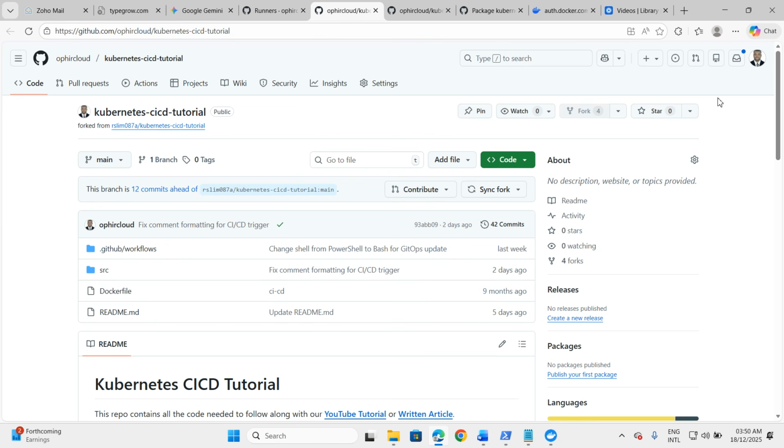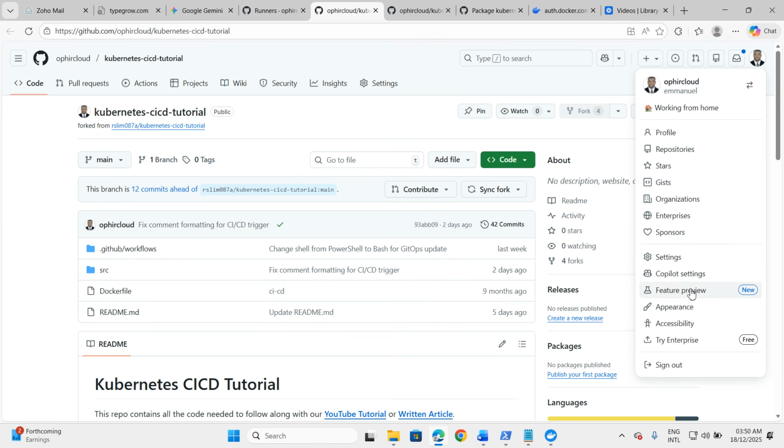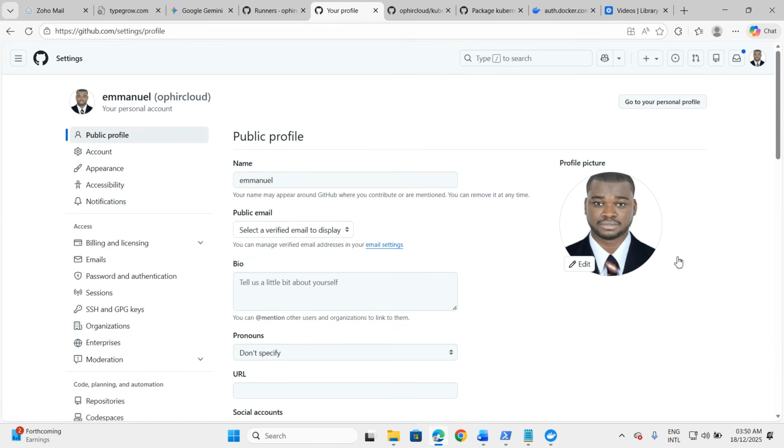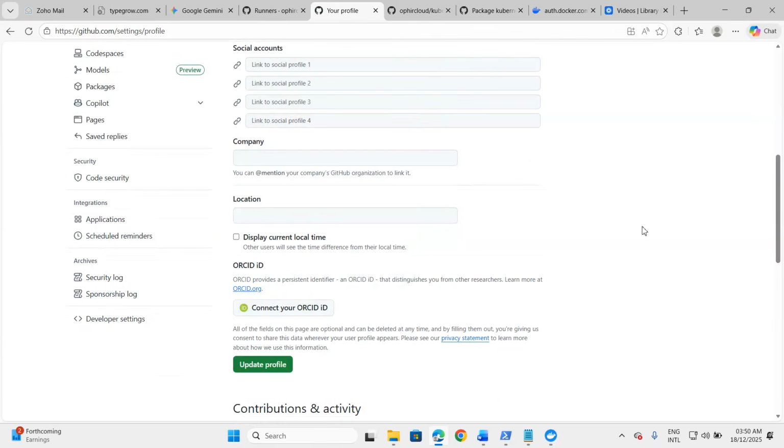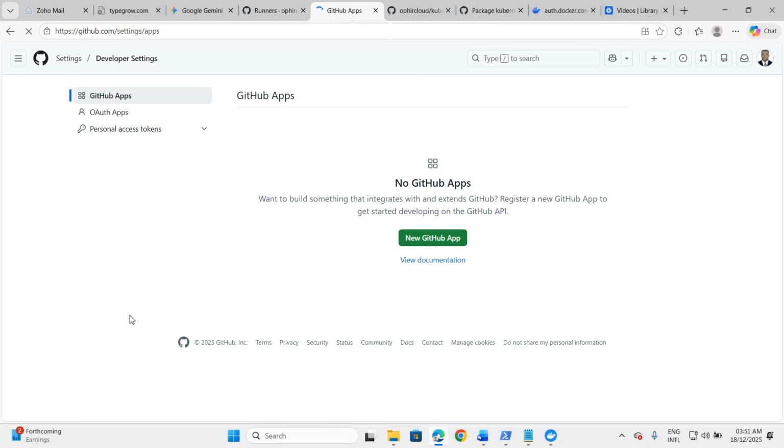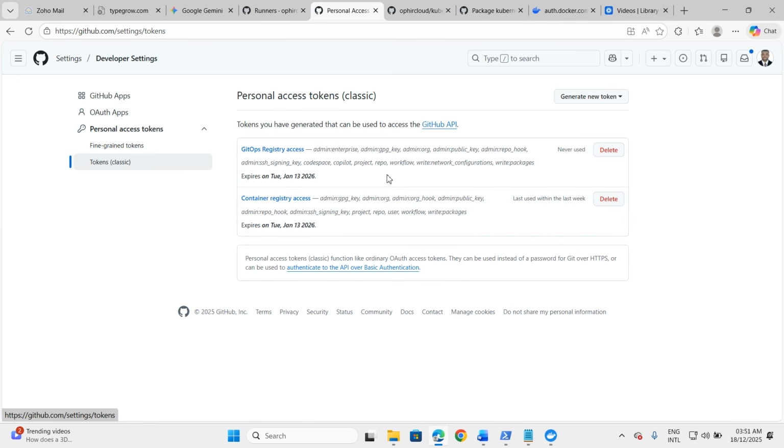The next thing I want you to do is set permissions. So let us go to settings, and we go to developer settings. And I think you know how to create personal access tokens already. You can go ahead and create two tokens. Okay, we need two tokens. So just a few explanations. You need to create two tokens. First token, let us call it